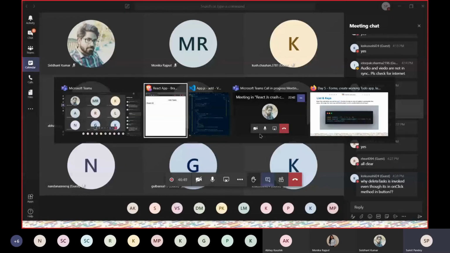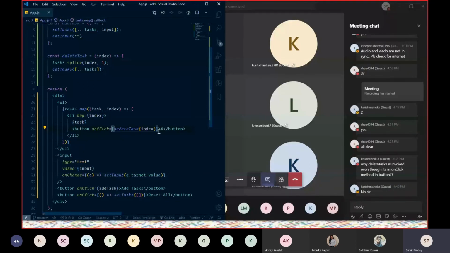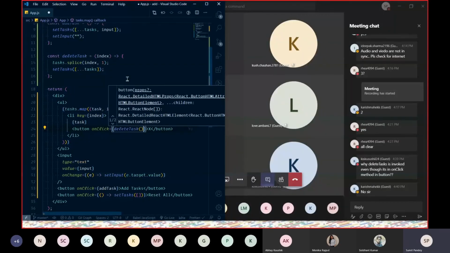What this method does is, there is only one way we can invoke a function: if I don't have to pass anything inside it, I can call it like this. But this delete task requires an argument called index. So we can't do this like that. Whenever you add these parentheses, it doesn't matter whether it's inside on click or on change, as soon as you add the parentheses, this function is going to execute on the fly. To prevent this, you have to call it inside another function, so it only triggers when you hit that on click handler.